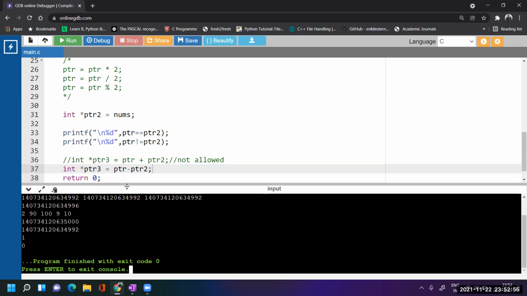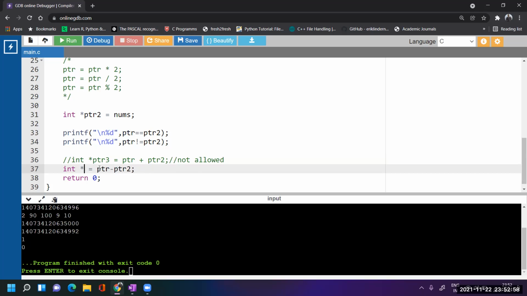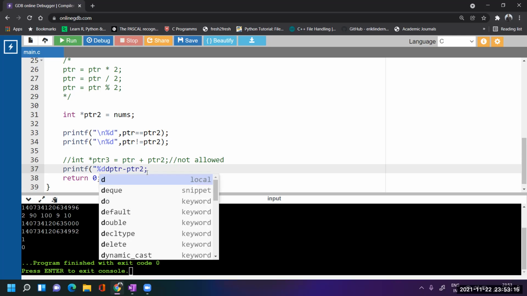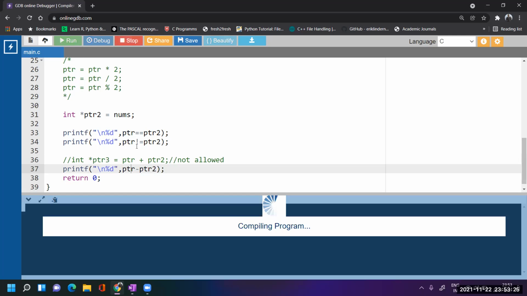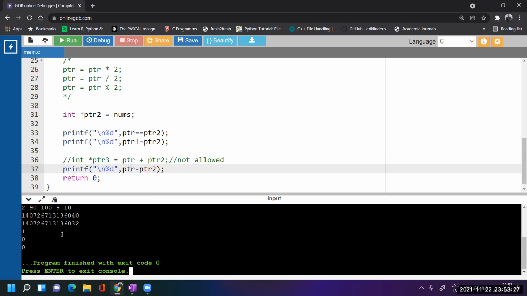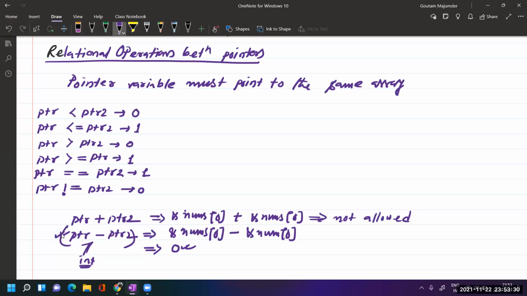Let me take it as an integer instead: int val equal to ptr minus ptr2, and instead of printing val, let us print it directly inside the printf. Let us see what it will print: %d, ptr minus ptr2, with a \n. Now run. It gives me 0, definitely, as we have calculated here.